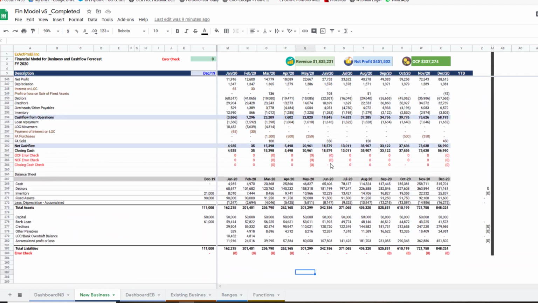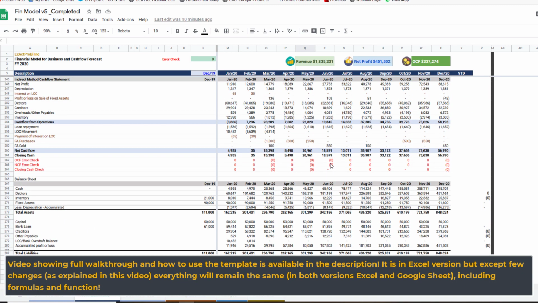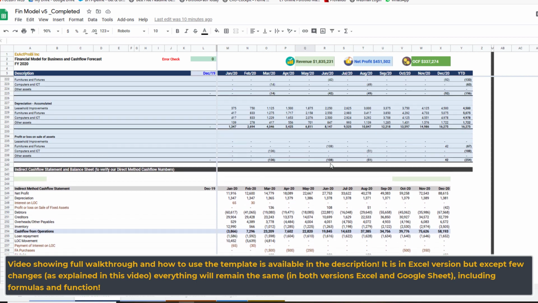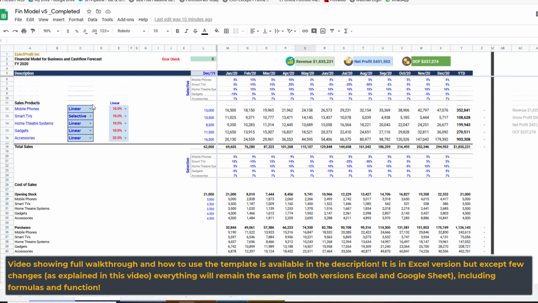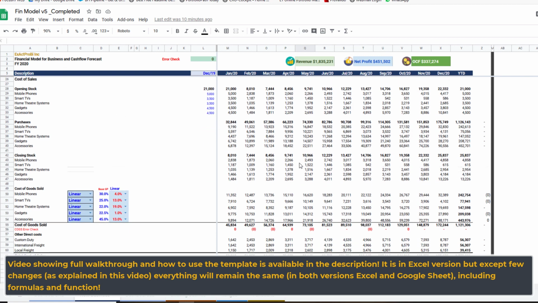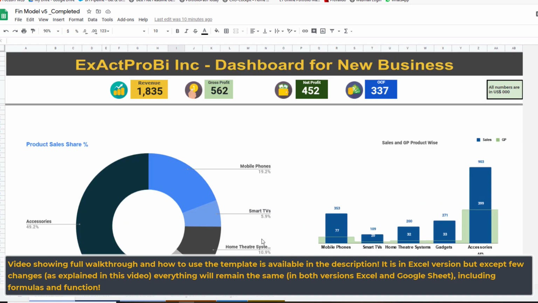The preview video for a complete understanding of this model is available as a video, and the link is in the description. Again, the video coverage is only for Excel, but as I mentioned, this is also applicable to Google Sheet as well, except the few features of data validation and also the form control, which are not there in the Google Sheet, unfortunately. And also the charts, there are some changes which you can always learn easily by following a simple step-by-step process of creating these charts.